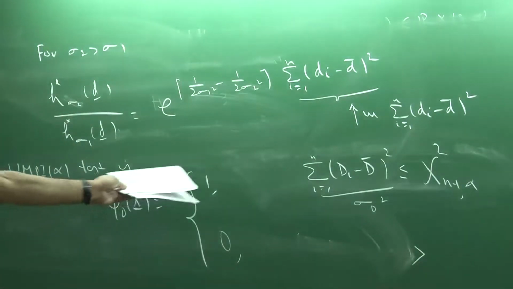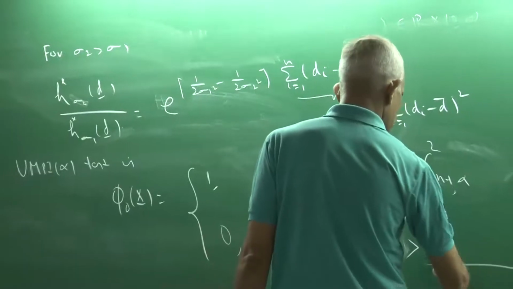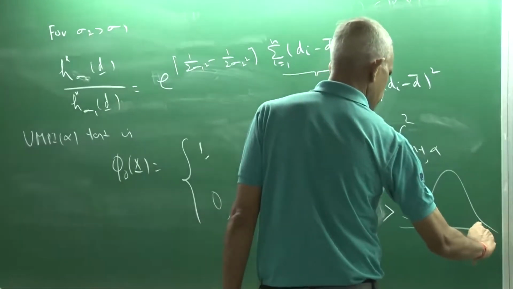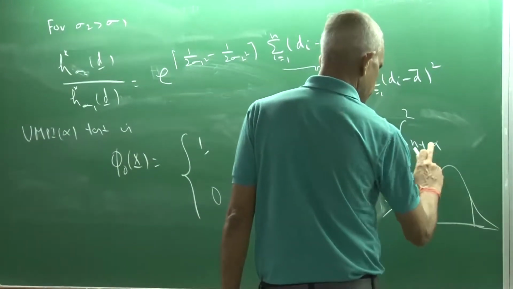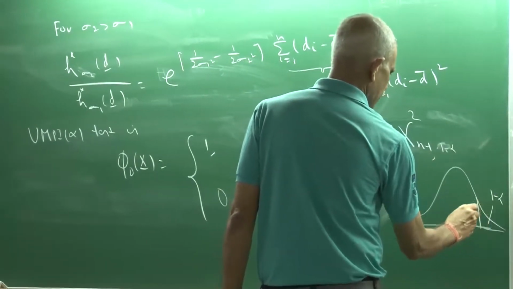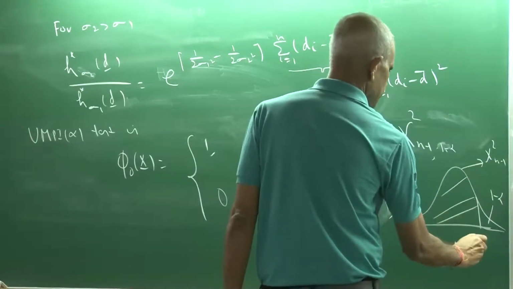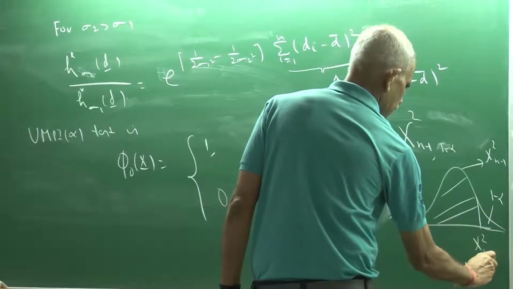And what is this? Probability of rejecting H naught under H naught is alpha. So that means this would be 1 minus alpha, sorry. On the right of it, this is 1 minus alpha. This is chi square on n minus 1, and this is chi square n minus 1, 1 minus